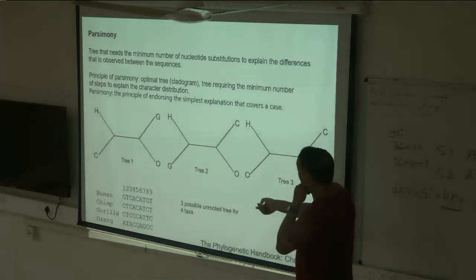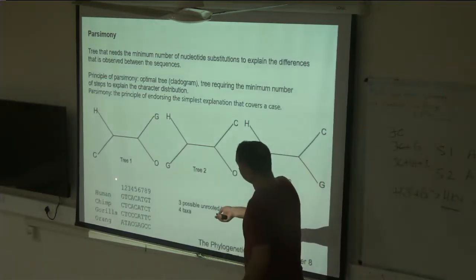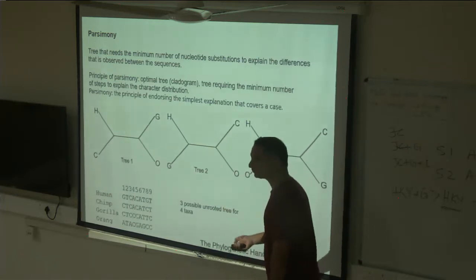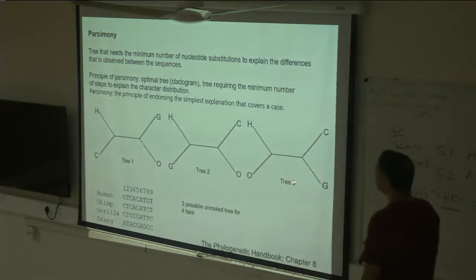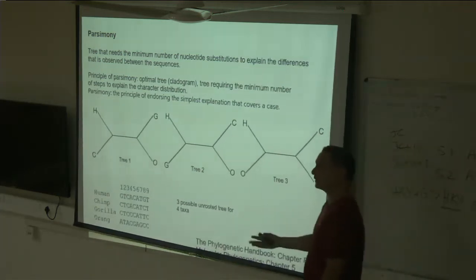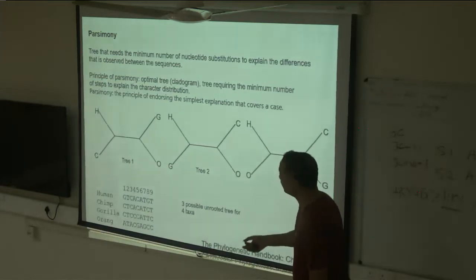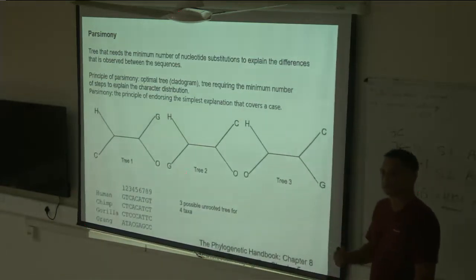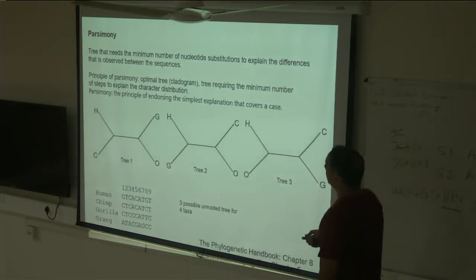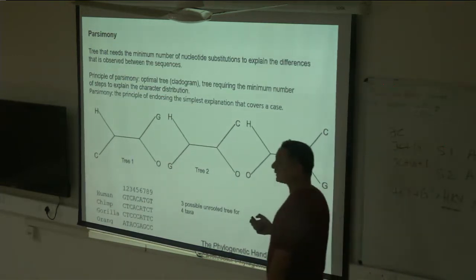Okay. Now let's go back to the 3 possible unrooted trees one can generate in a 4 taxa situation. Now the question is, which among these 3 trees is the true evolutionary relationship? Which one shows the true evolutionary relationship between these 4 species? So the first method is parsimony,